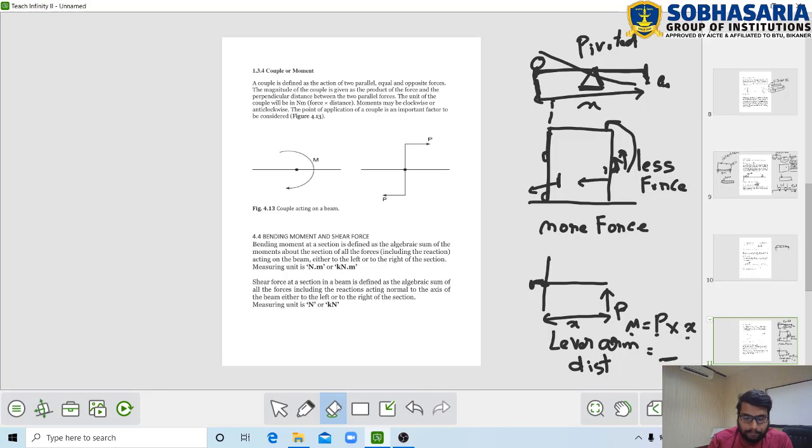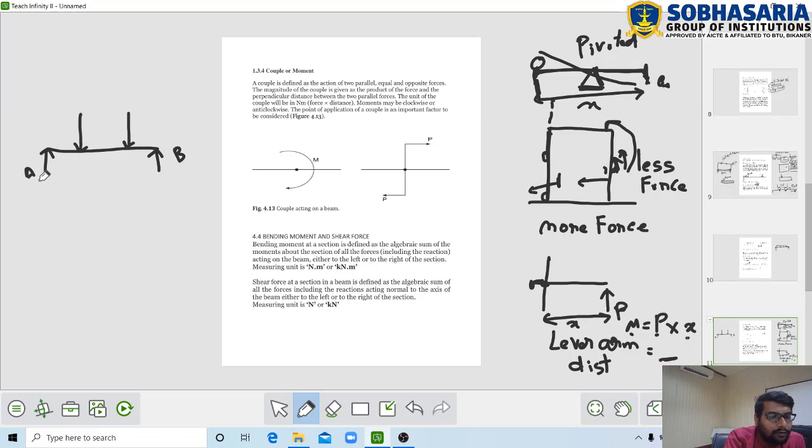Okay. Next we will see what is a shear force. So in shear force, when you take a beam, this is a support, this is a simply supported beam, supported at points A and B. Assume some point loads acting on top of the beam.